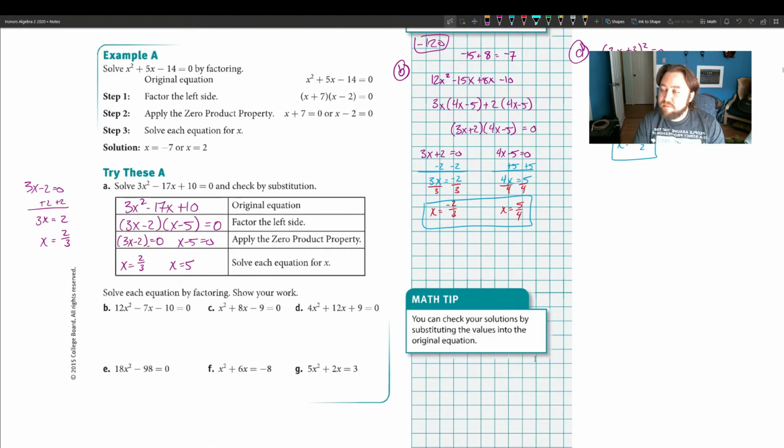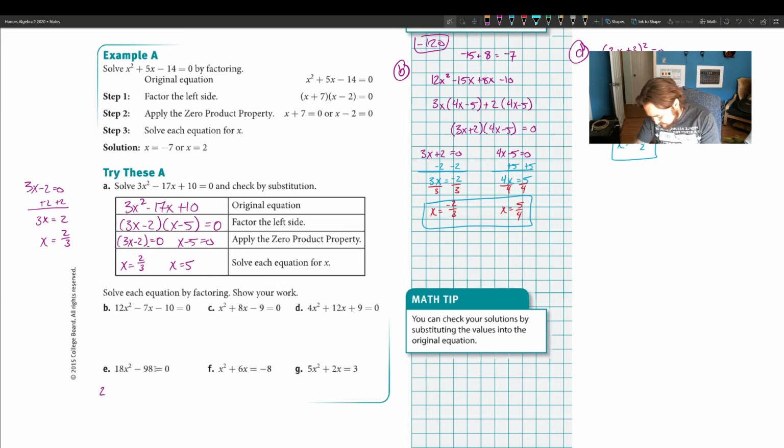Number 18. What can we do with this? So the first thing I'm noticing just off the top of my head on number 18 is that I can factor out a GCF here of 18 and negative 98. I can divide both those by 2. So I'm going to go ahead and do that real fast. See if I can squish this in down here. So if I factor out a 2 first,